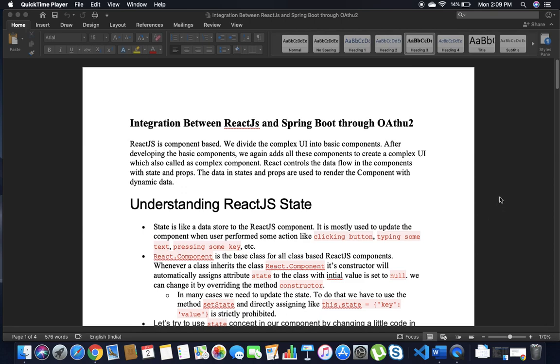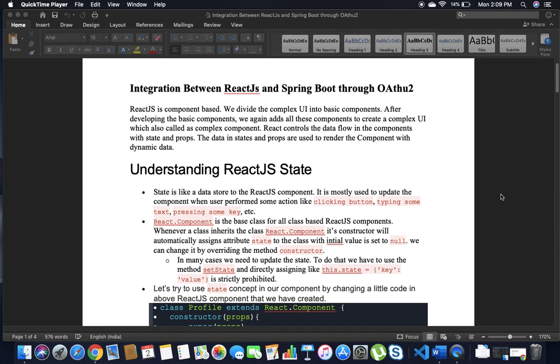Let me explain each of the components. The first component is ReactJs. It is a component based framework where you can create multiple simple basic components and the framework takes care of creating a complex UI for you. You don't need to create a complex UI. The framework itself will create it for you. You just need to create a simple UI component, and the component will be integrated into a complex component using React.js. And why we are using React.js rather than other frameworks like Angular out there,